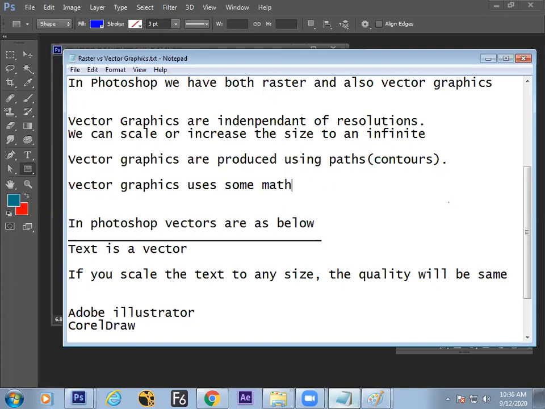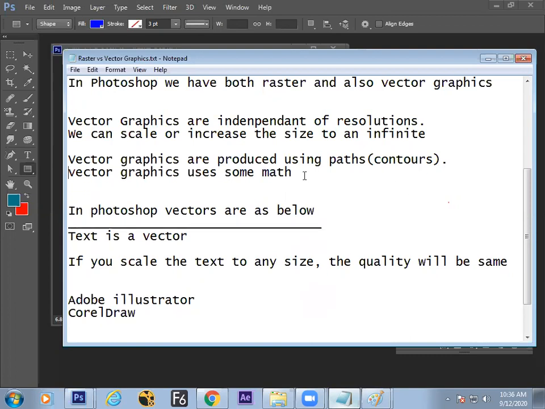Vector graphics use some math to reproduce the image. When you're scaling up or down, it will apply those mathematical principles, so the quality will be retained as it is. You don't have to learn math. The software is using some math inside.